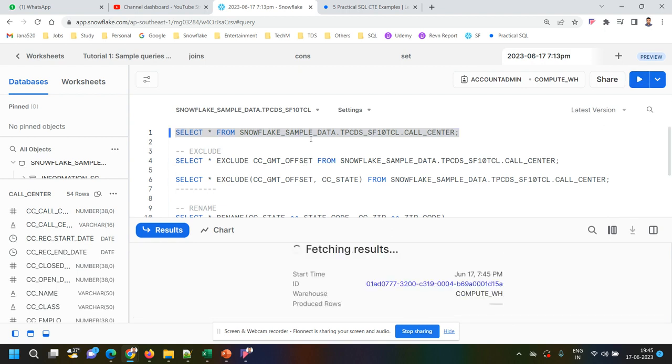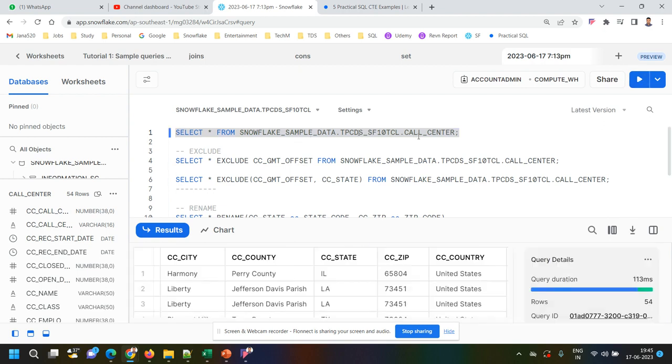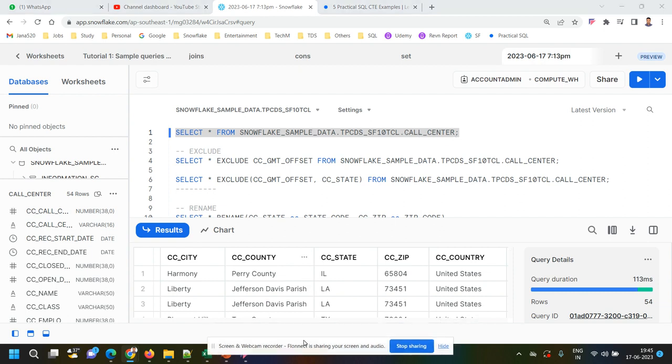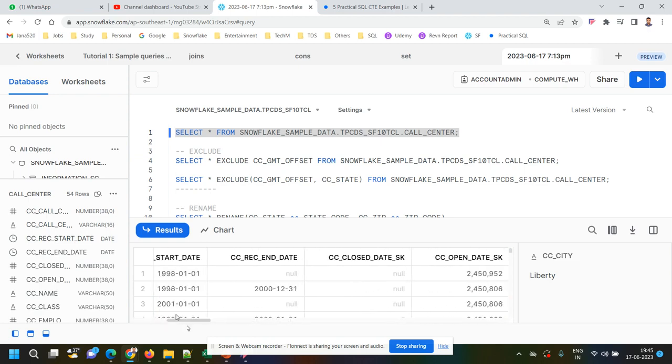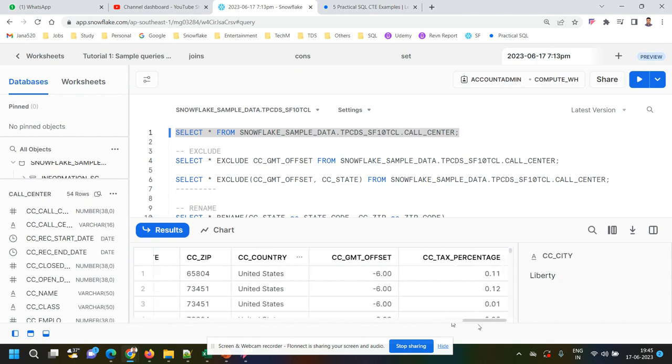Select star from Snowflake sample data, call center table. So if you see here, there are a lot of fields, right? Here in these fields I want to select all the fields except the CC GMT offset. In that case, in general we have to write all the field names here in the select clause, but in Snowflake